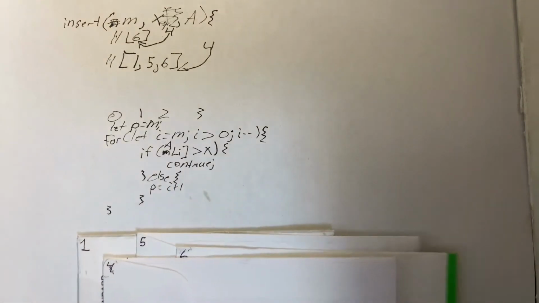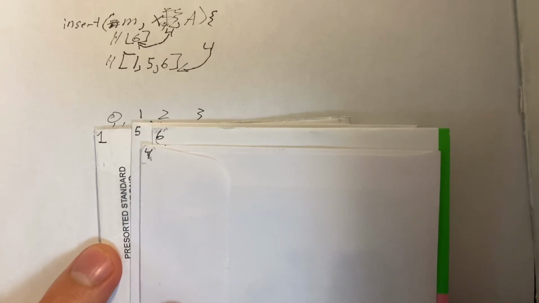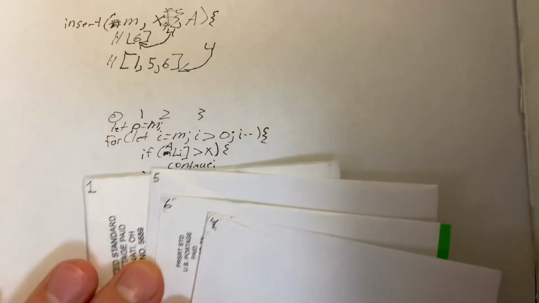So now that we know that, we just write some shifting logic like we did right here. We were trying to insert 4 into the spot between 1, 5, and 6. We shift 5 and 6 over 2 and put 4 at 1. So the way we write that in code is